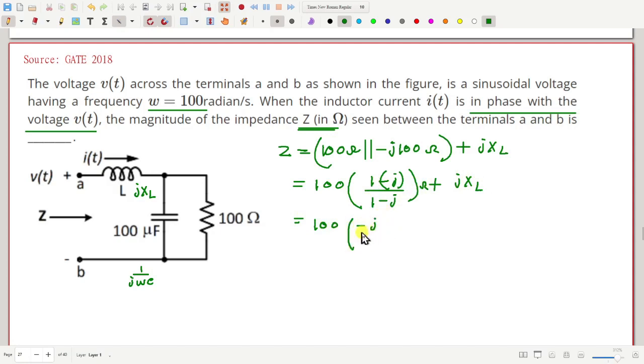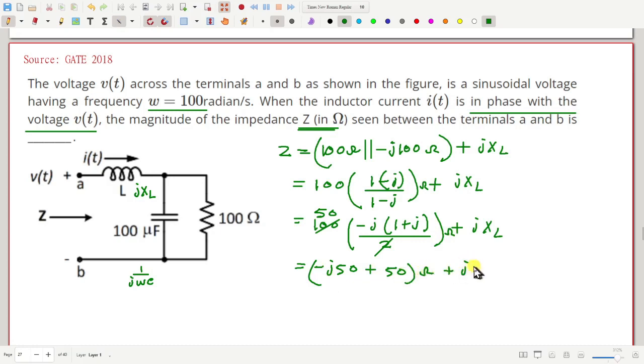Minus J. Let me multiply 1 plus J above and below. So the denominator will be 2 plus JXL. Now this 2 and 100 simplifies to 50. So this is then minus J50 plus 50. This is in ohm,